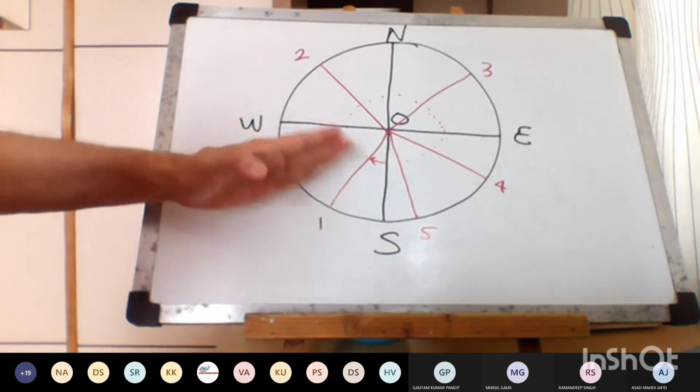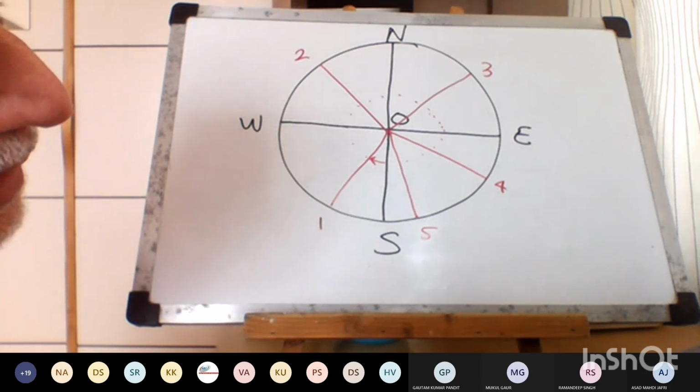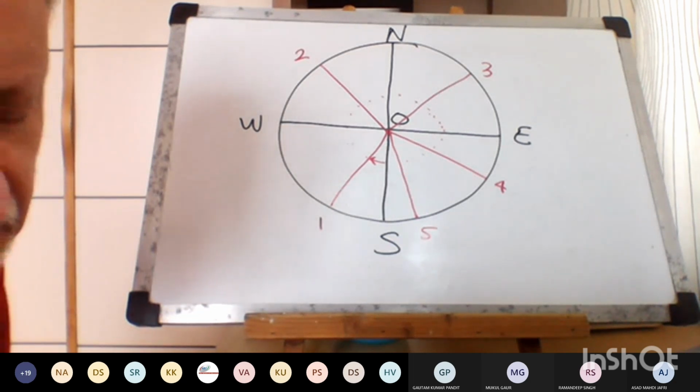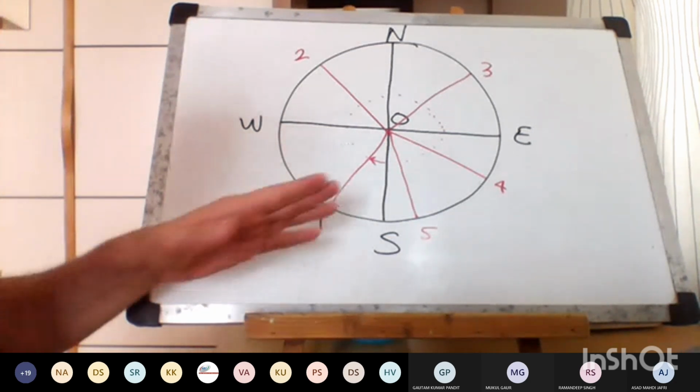The angle between the... slightly different. The diagram is not very correct, but just to give you an indication, let us say, because the finer aspect I can tell you a little later, this is the angle,